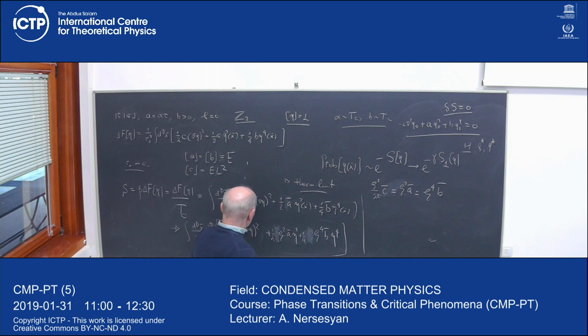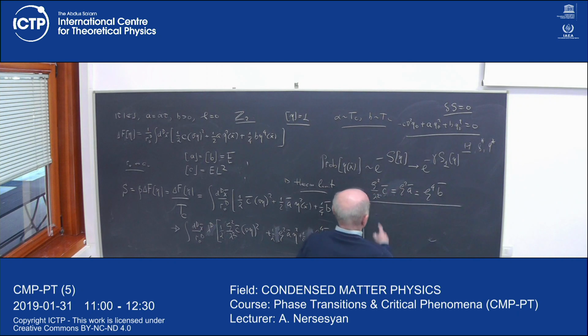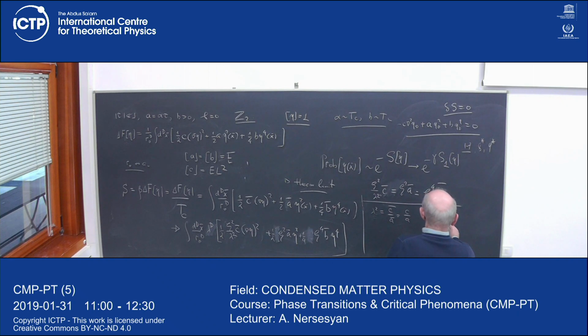So I want all these things to be just the same, because if they are the same, I can push them out. Right? So these give me the following conditions. For instance, for lambda squared, I obtain theta is cancelled, and here I have c bar divided by a bar, which is the same as c divided by a. This is one thing. And there is another thing. The theta squared is a squared divided by b, a divided by b, which is the same as a bar b bar, a divided by b. If this is done,